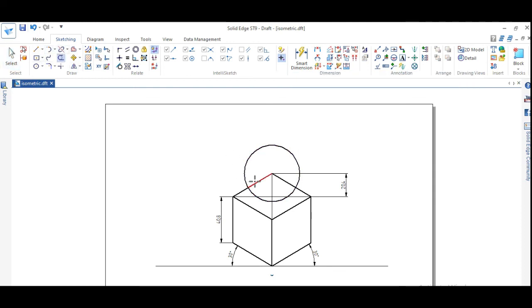Okay, next remaining is what? We have to trim it off. Trim these lines, not necessary, you can trim it off. So this is the representation of a combination of solids where on the cube a sphere is being placed. So this is what we have to represent. The angle representation of 30 degree, and the object should be visible lines, and this is the ISO scale 40.8 for 50 mm, right? So this is how we have to represent. Thank you.